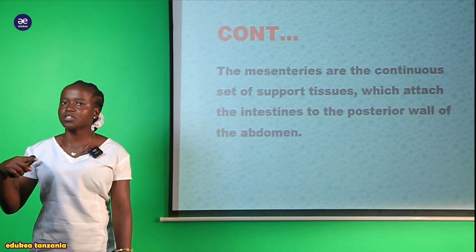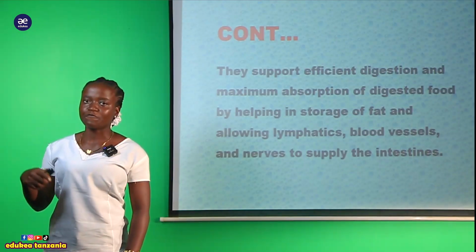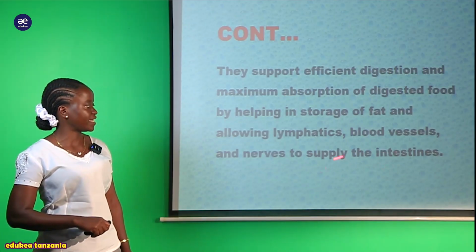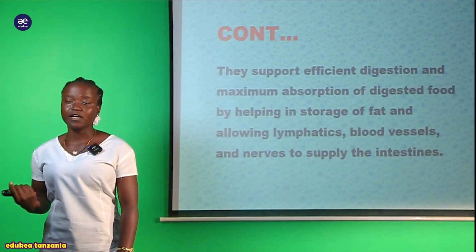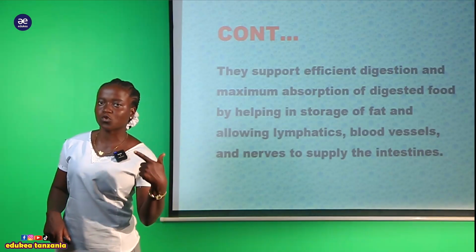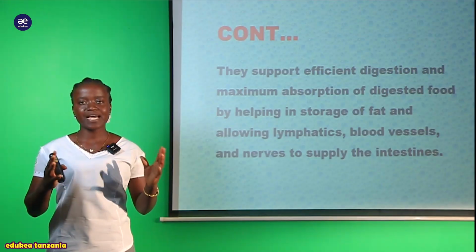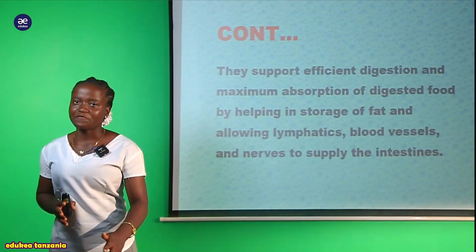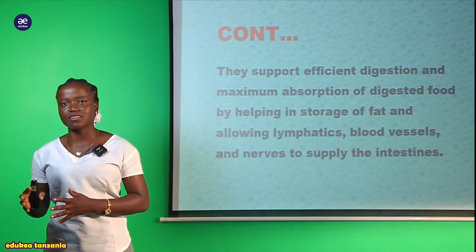Inasaidia zile content zote zilizokuwa ndani ya blood vessel zitoke kwa urahisi zaidi, ziingie ndani ya mfumo mzima wa umeng'enyaji wa chakula. So now you can see also we have the nerves to supply the intestine. So also within the nerves is where different kinds of content are found. Generally we can say that mesentery is very crucial for the digestion process to occur within the rat. So if you are asked in your exam, even in your practical session, to explain the function of mesentery in the rat or within the mouse,